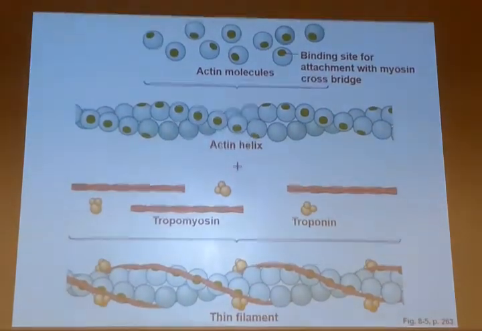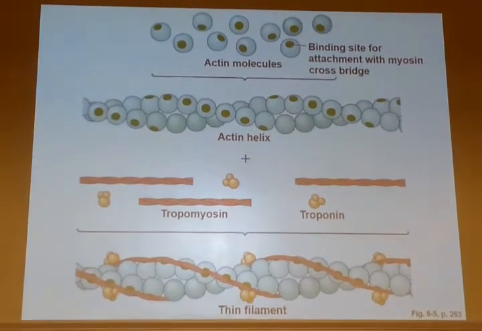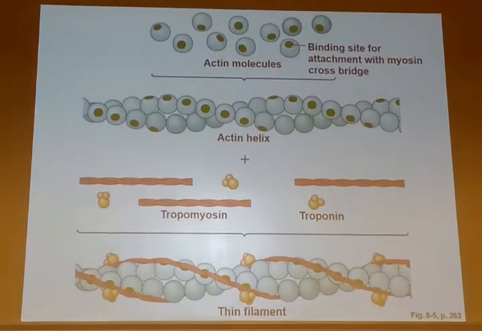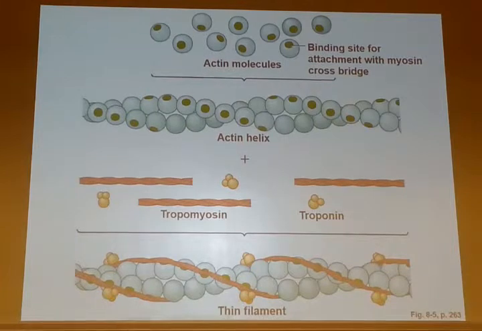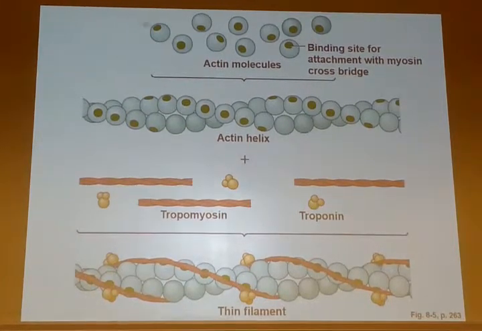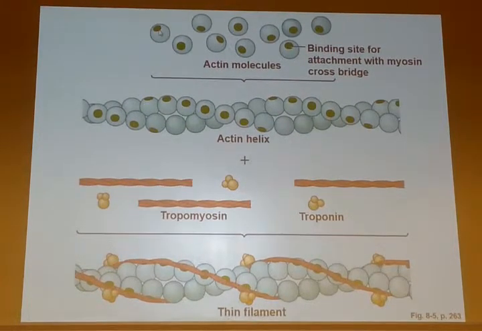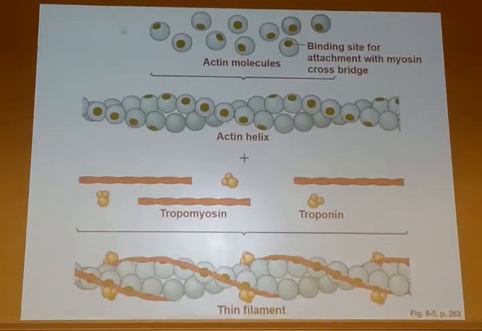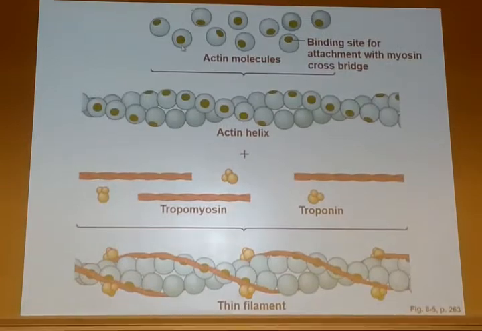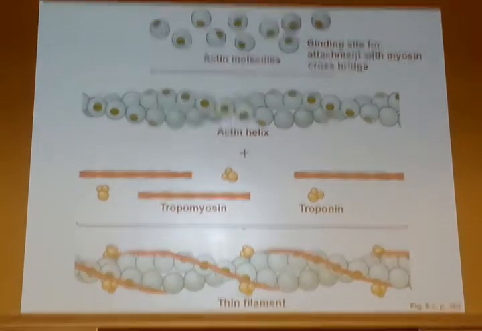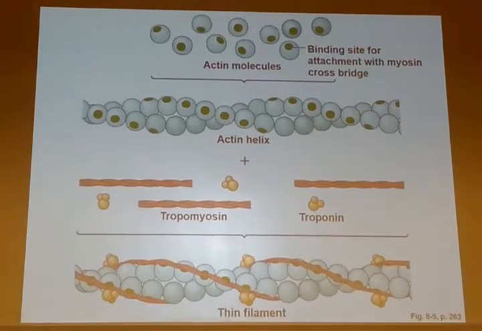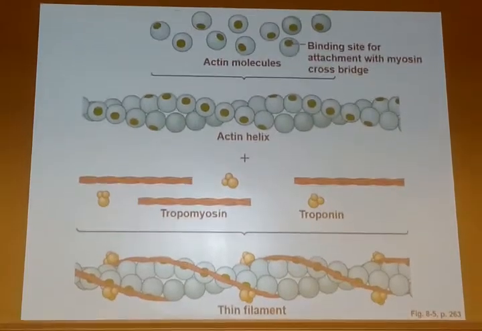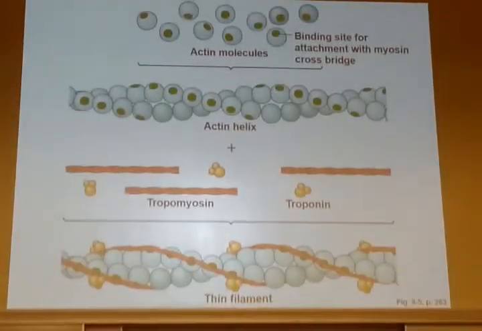Three-dimensional shape of alpha helixes and beta-pleated sheets that are folded on each other to make a globular protein. There'll be a certain area on that protein that myosin can attach to. So a shape that myosin can fit on, and also a charge attraction that myosin will bind to. The actin is put together into a filament, sort of like stringing beads on a piece of silk or wire,